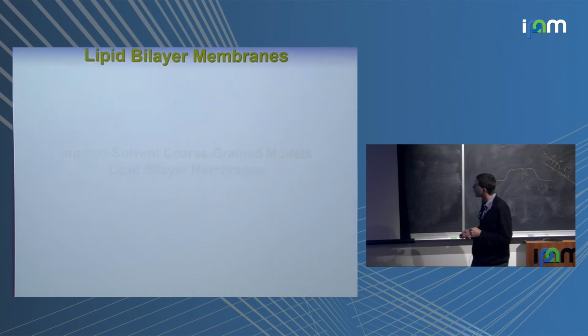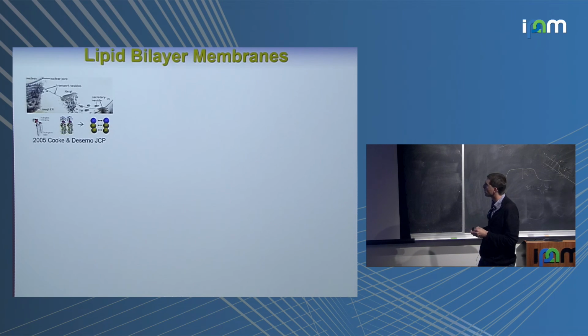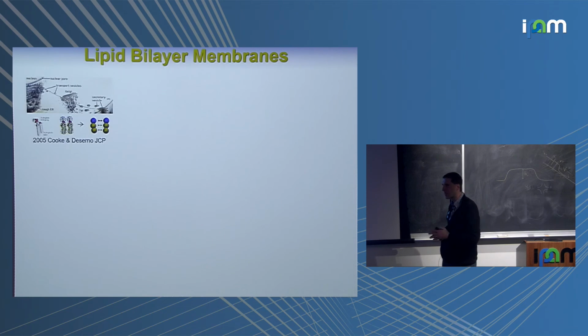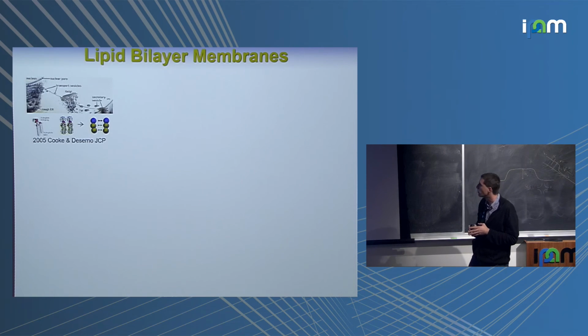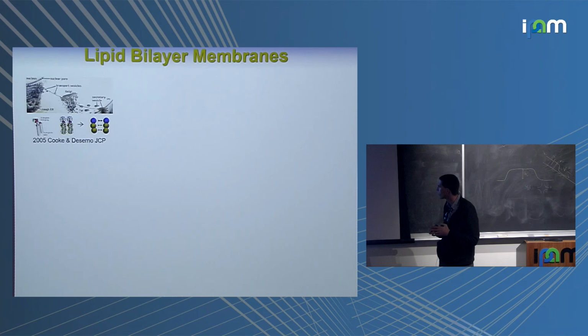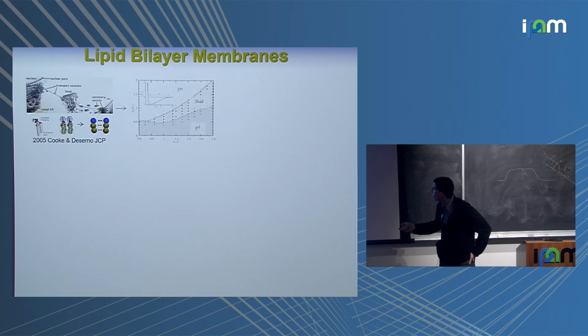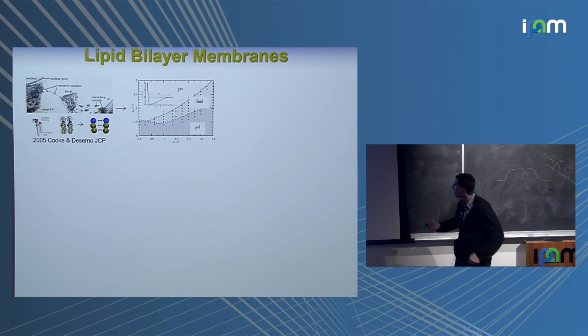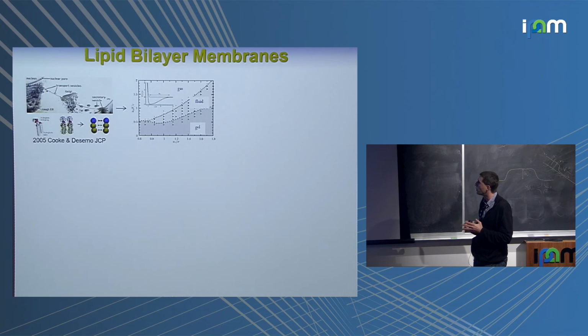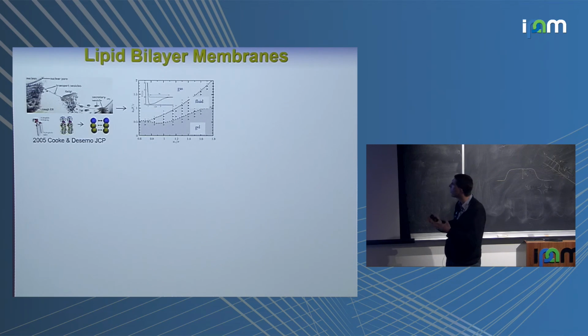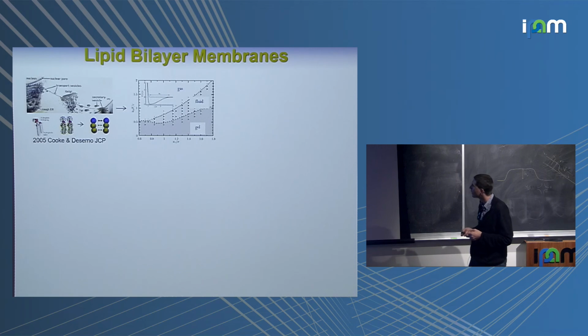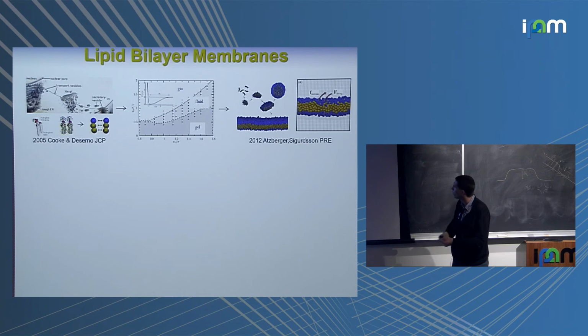So let me come back to talking about these lipid bilayer membrane models. And I only have a few minutes, right? So as I mentioned before, I'm going to primarily focus on this model developed by Cook and DiCerno and Kramer. In particular, they've worked out for equilibrium the properties of this coarse-grained model. So we know how to parameterize it, basically at a nice fluid phase. There's this long-range tail that you can adjust, which is a key feature of the model that allows you to